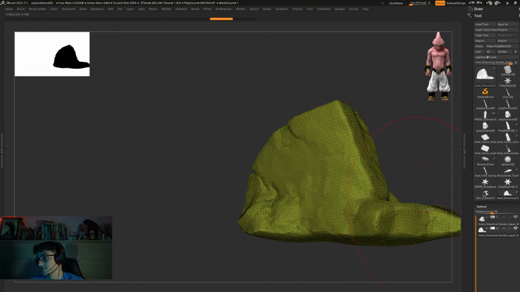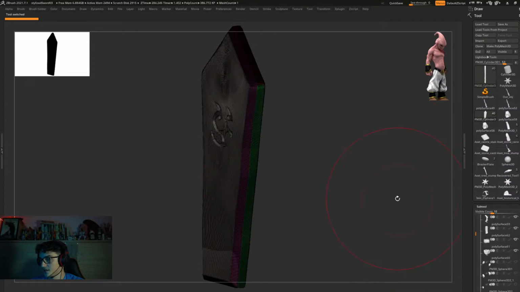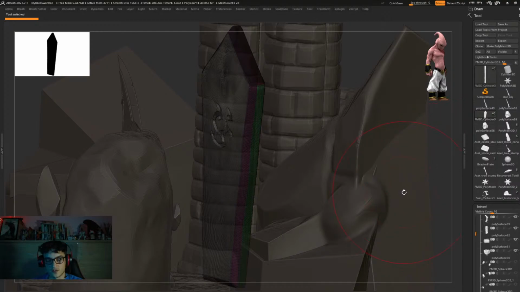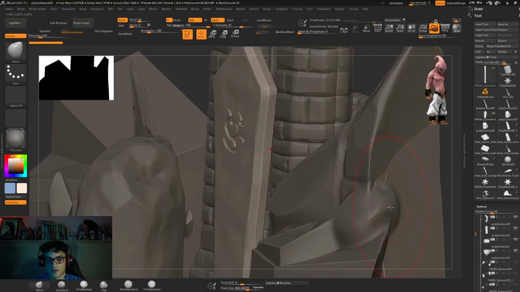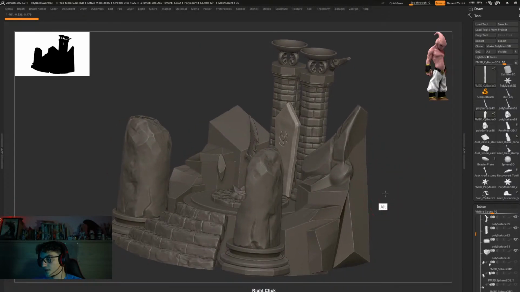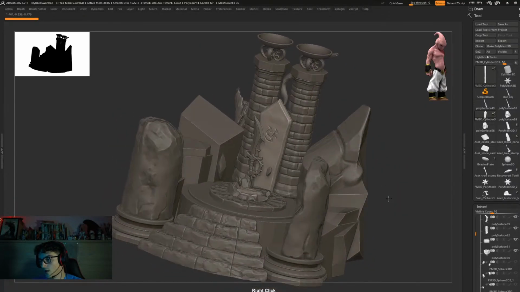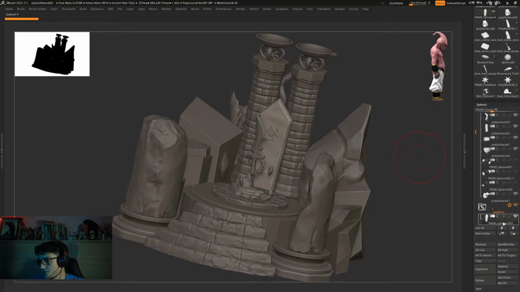I actually like that. But I don't want to be too hasty, because I'm doing concepting at the same time that I am working on the blockouts and stuff like that. So I want to go in and actually look at the whole thing as a whole. And I want to keep it a little simpler. So first of all, I'm gonna have to